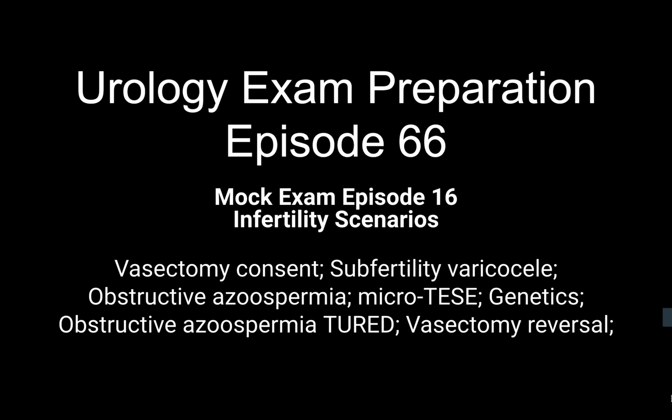I prefer to see this gentleman in my infertility clinic with the partner to take a focused history, examine him, and then do some investigations. In the history, I would like to know whether they had continuous unprotected sexual intercourse for at least 12 months to confirm the definition of infertility. I want to know whether he or his partner had any previous children from another relationship, and whether they have been using any contraceptives before this, and also his past history, including any history of undescended testes, any inguinal